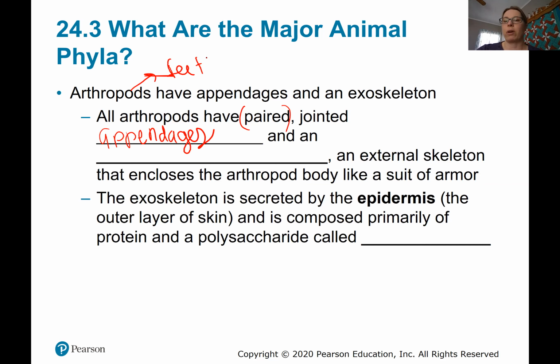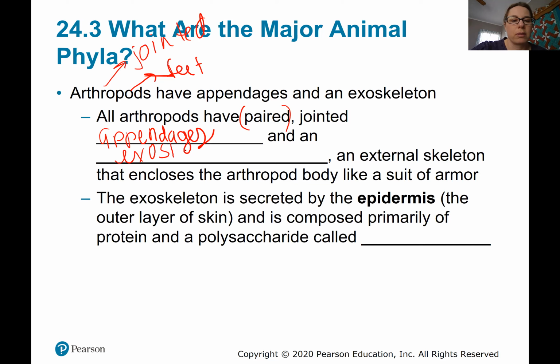You've heard of arthritis before. Itis means inflammation of, so what do you think arthritis is? Inflammation of the joints, right? So arthropod literally means jointed feet or jointed legs. And so arthropods have paired jointed appendages and also an